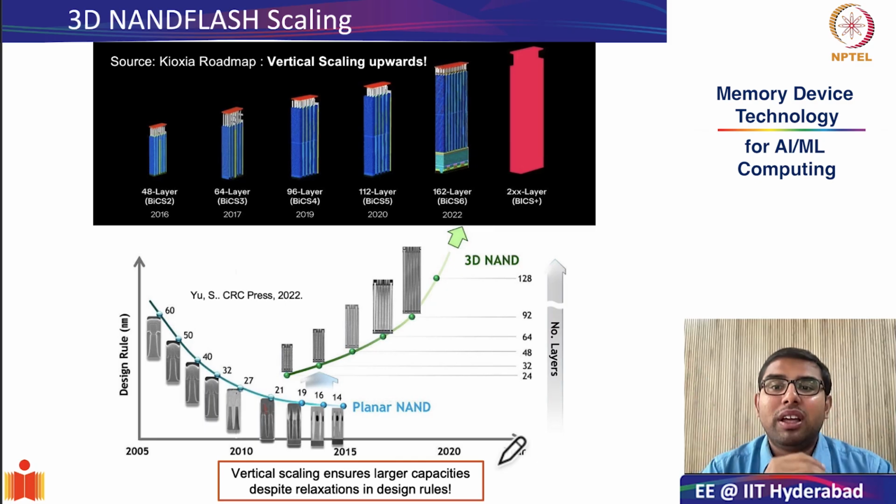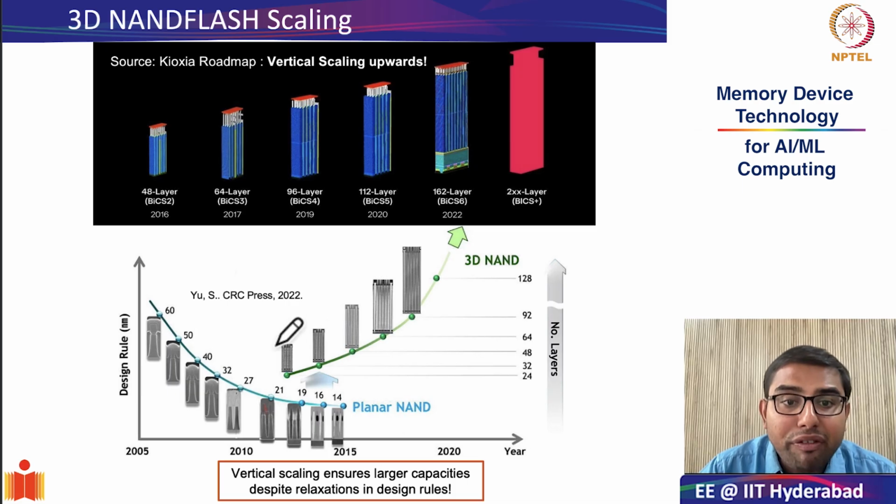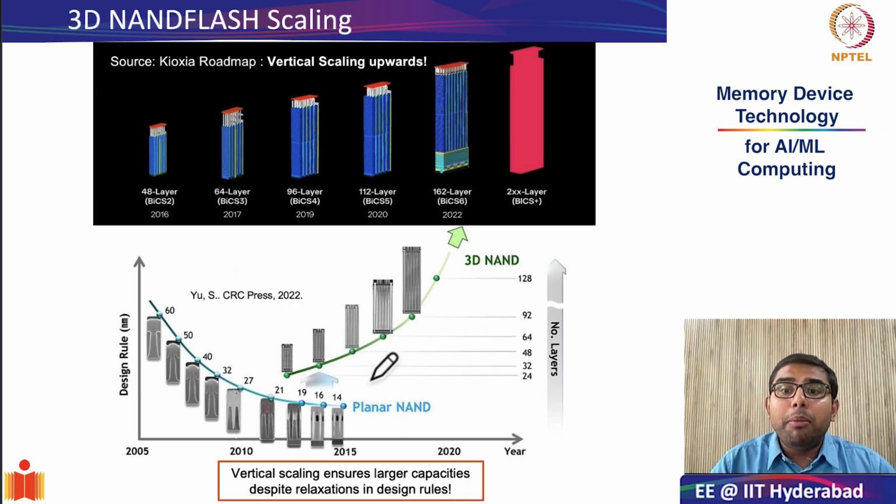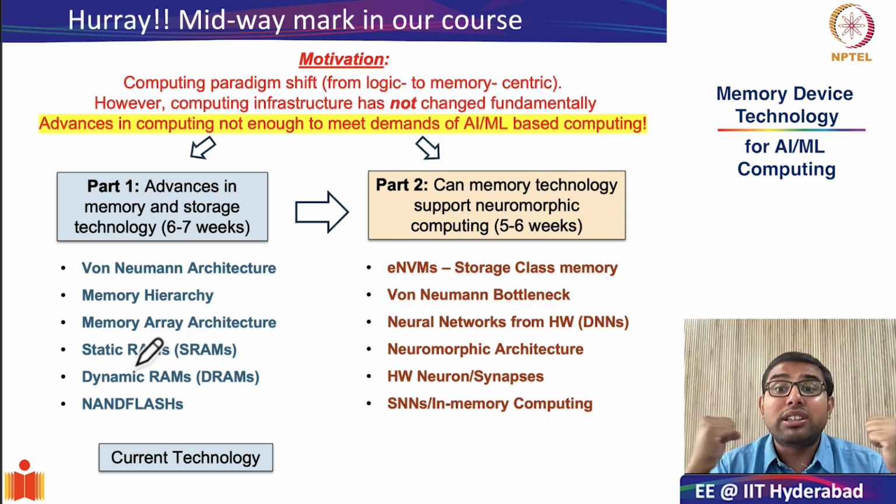Okay, so in summary, this vertical scaling has enabled NAND flash into a new era of truly three-dimensional scaling. And as you can see from both these schematics, although you are able to relax the critical dimension rules, you are able to make the size bigger and bigger, you are able to integrate more and more bits into the same footprint. Of course, all of this is possible only through very large advances in nanofabrication technology. With this, we conclude our study of NAND flash, and this is a good time to celebrate.